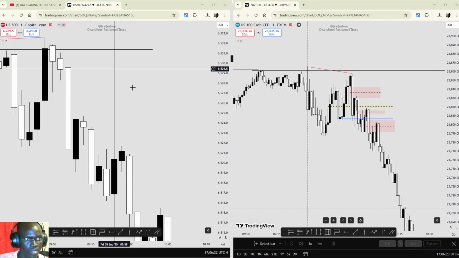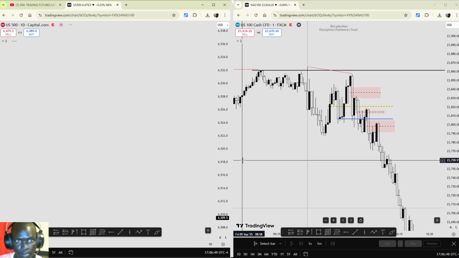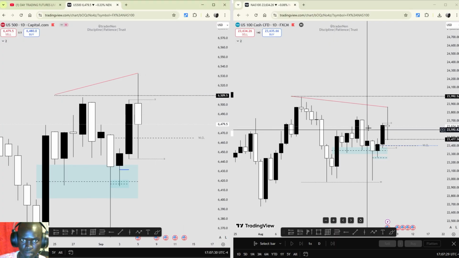Hello guys, so today I want to show you how I took an NFP trade on NASDAQ. Essentially, what I usually do is start on a daily time frame. Most of the time it goes to a weekly, but that's a topic for another day. If we go on a daily time frame, on ES it made an all-time high on Friday, but NASDAQ did not make an all-time high,